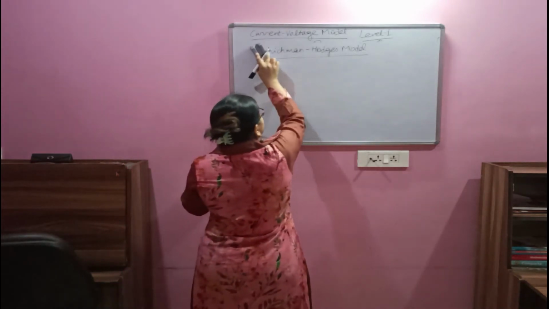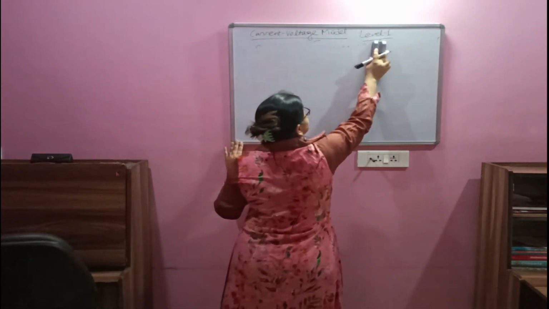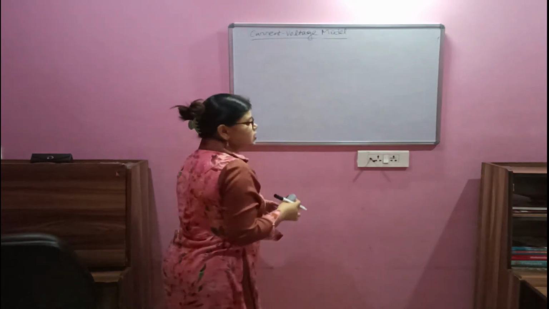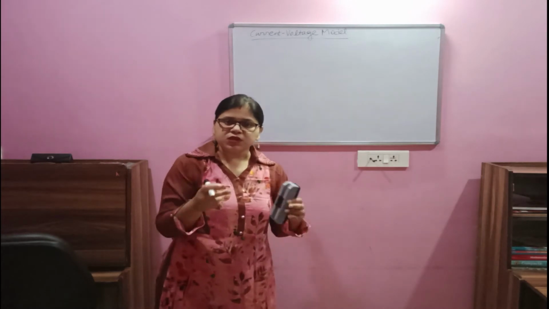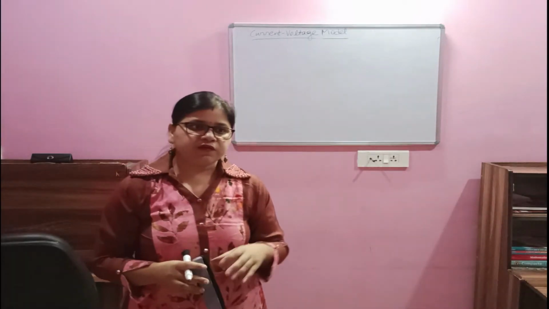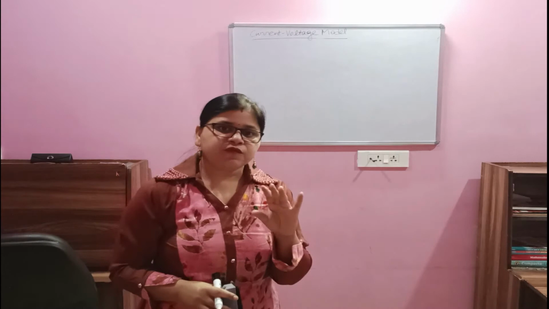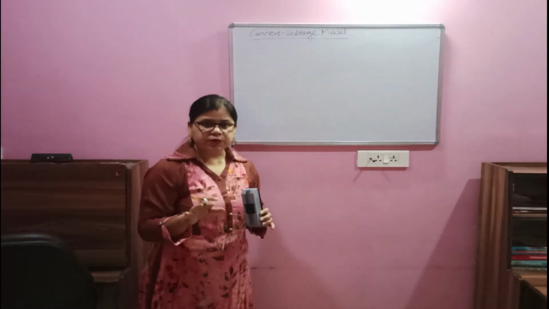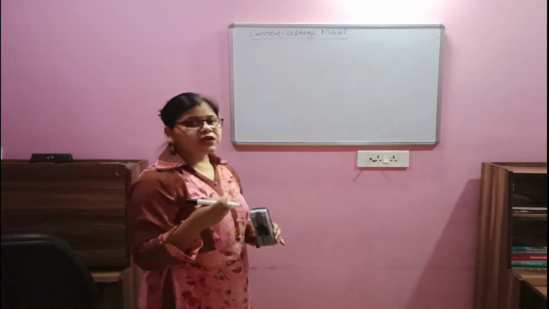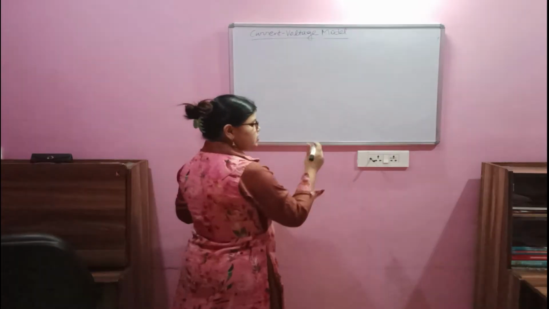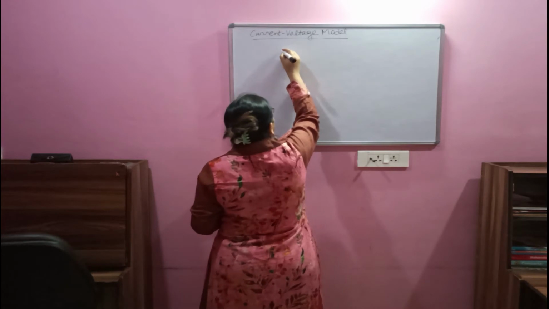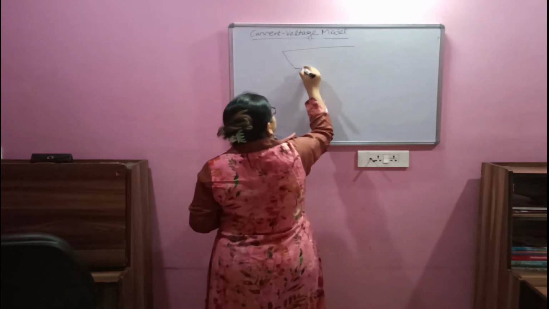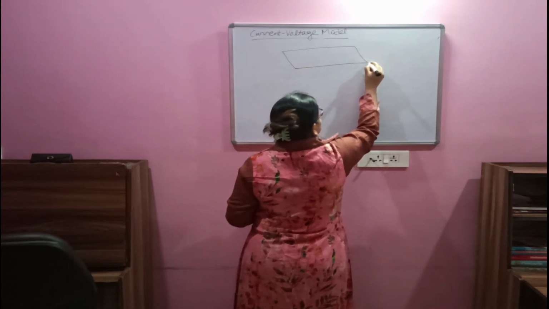I will start with this model, and before starting, firstly we will see how the channel actually looks and what is happening in the channel. Because in the entire MOSFET, whatever current is flowing, it is flowing in the channel. So the channel is of utmost importance, and we have to look at what actually is happening in the channel. So suppose I consider a channel in such a way.